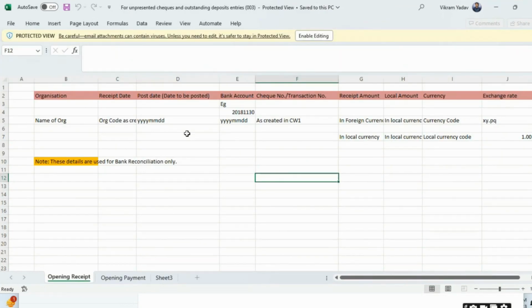Now the other part was unpresented checks or outstanding checks. There can be a scenario where we have received money in the form of a check, but it is lying in the drawer, or maybe we have sent it to the bank, but it has still not cleared and is not appearing in the bank statement. Those entries we have to pass in opening receipt,